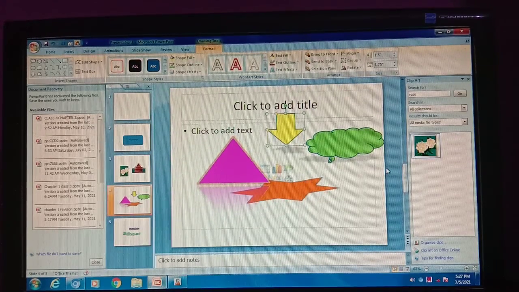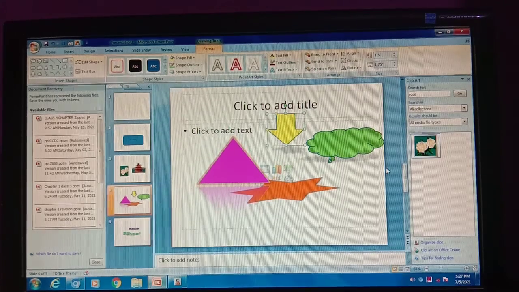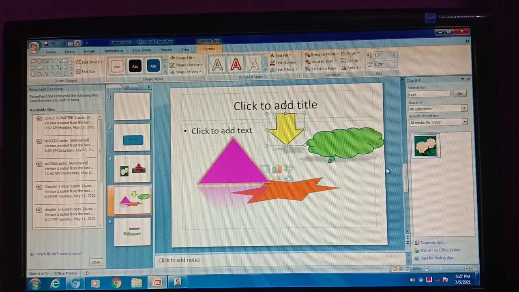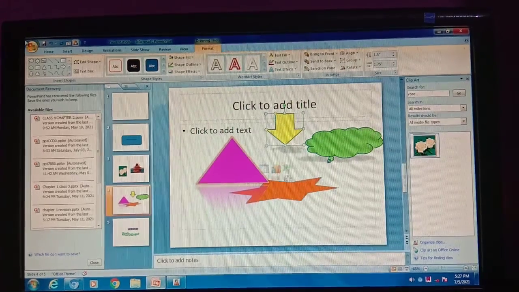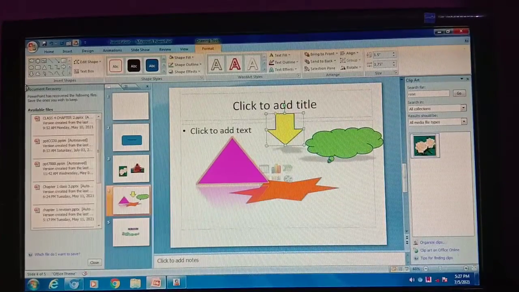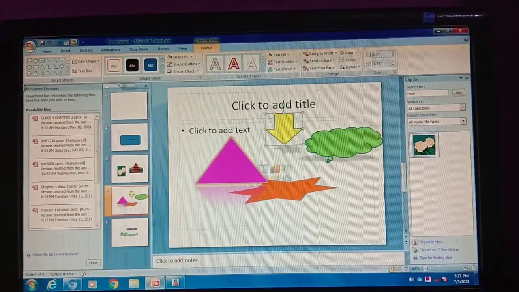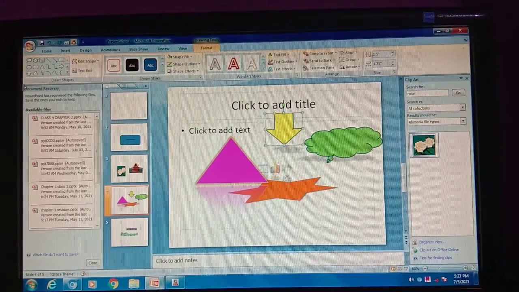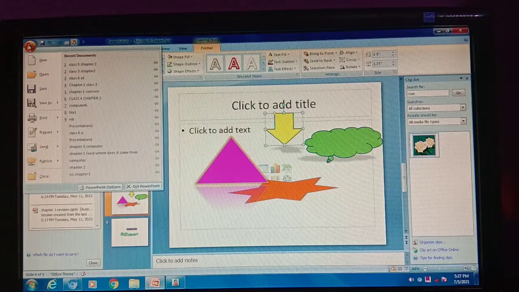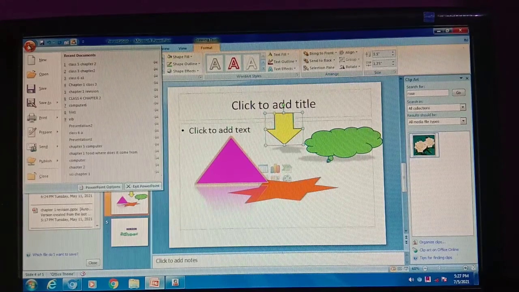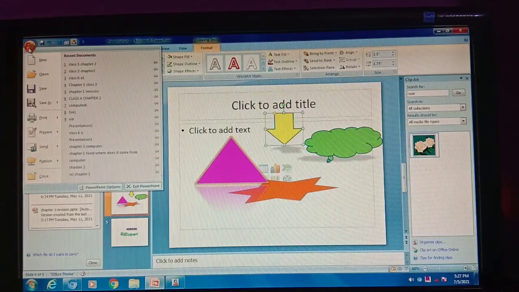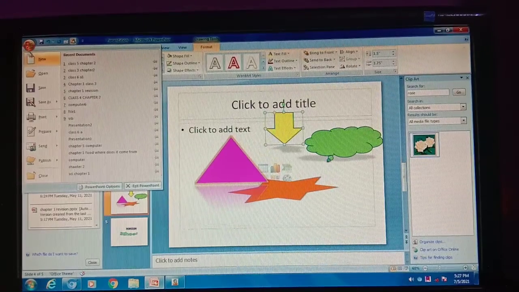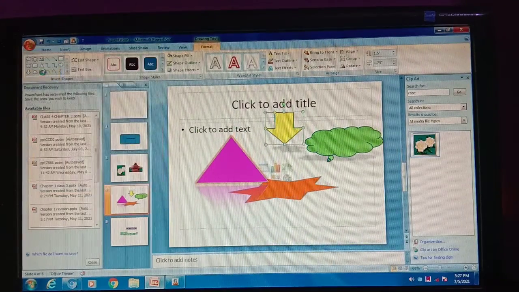One more thing is left in this chapter, which is rearranging of slides in slide sorter view. One topic is left. I want to complete this first. For this I need to open a presentation that already exists. So for opening an existing presentation, we need to click on the Office button and then click on the open option.